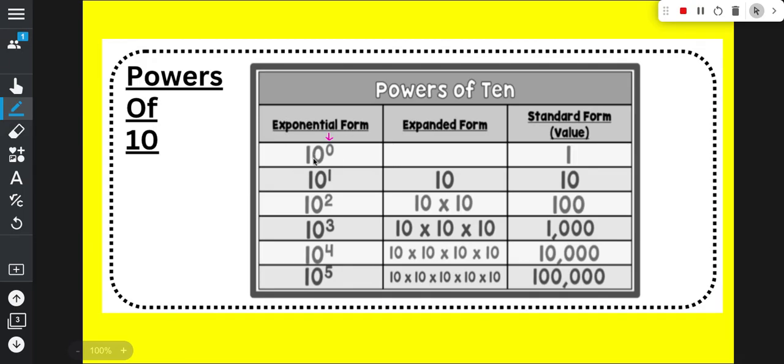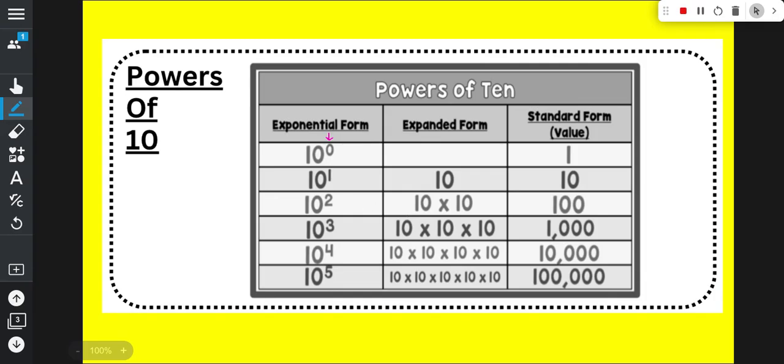So if I have 10 to the 0 power, that means I have 0 tens. So my value for this one would end up being 1 because I would get rid of that 0. 10 to the 1, that means the 1 tells me I have 1 zero in my number, so I get 10. 10 to the power of 2 means that I have 2 zeros. To the power of 3, 3 zeros. To the power of 4, 4 zeros. To the power of 5, 5 zeros. Because what these powers really mean is I multiply that big number by itself however many times the small exponent